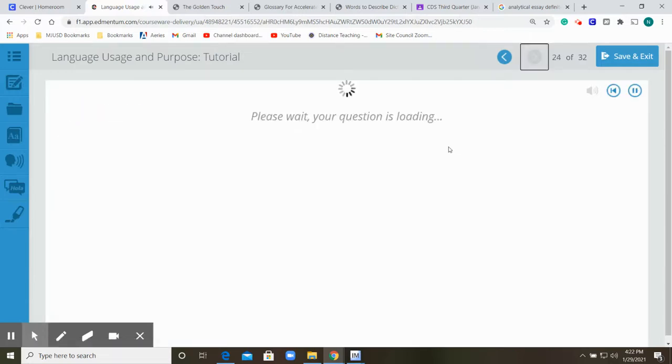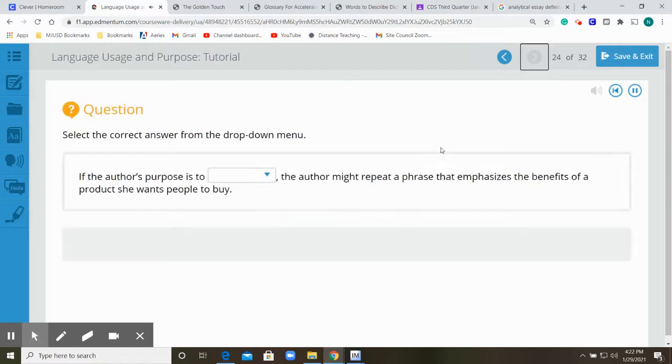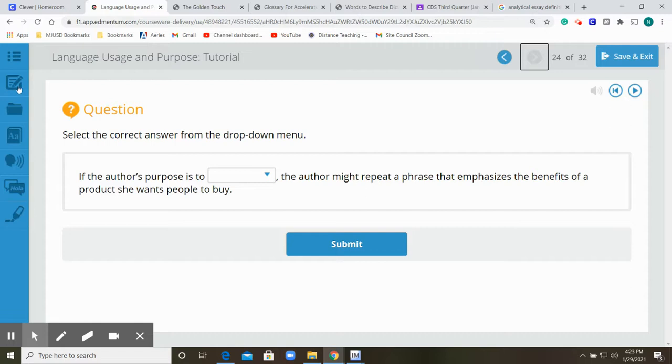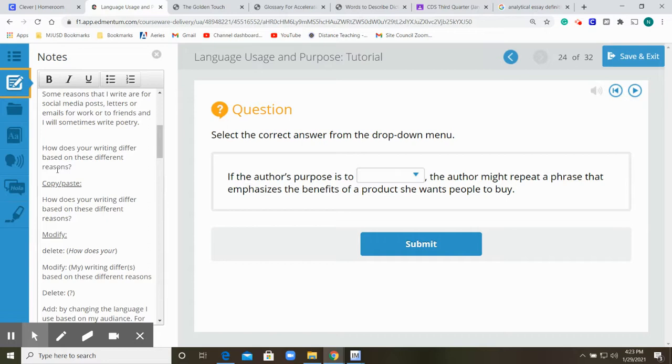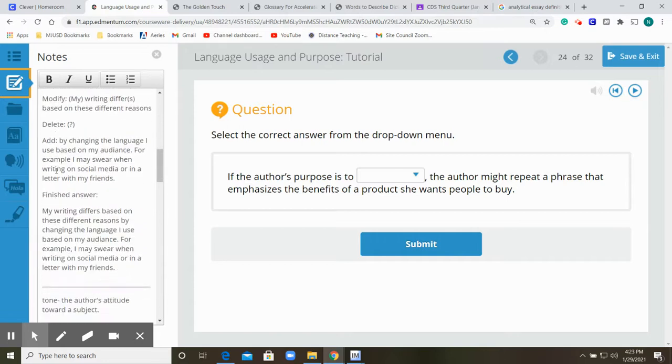Select the correct answer from the drop-down menu. So it says select the correct answer from the drop-down menu. If the author's purpose is to blank, the author might repeat a phrase that emphasizes the benefits of a product she wants people to buy. So I look at my notes and I'm looking for